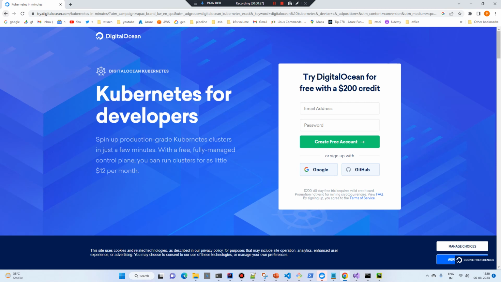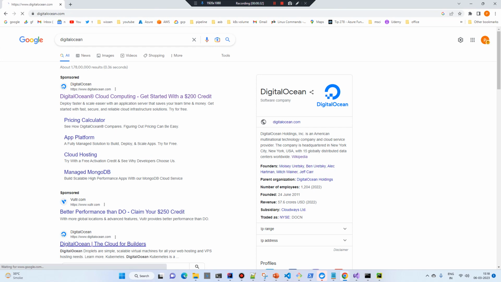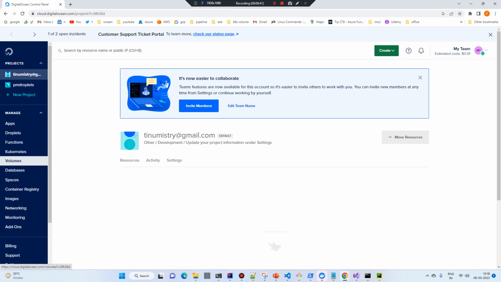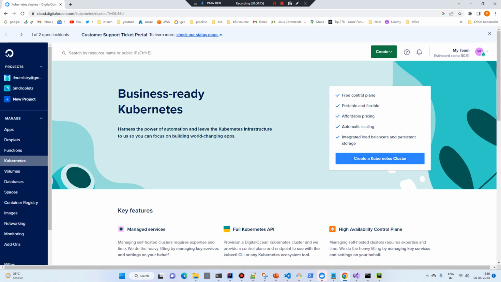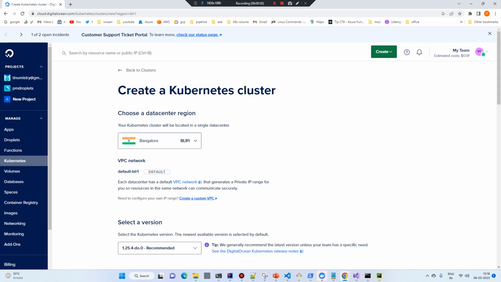And I already have an account in fact. So log in and go to Kubernetes, create a Kubernetes cluster and select the region. I will select Bangalore because I'm in India,